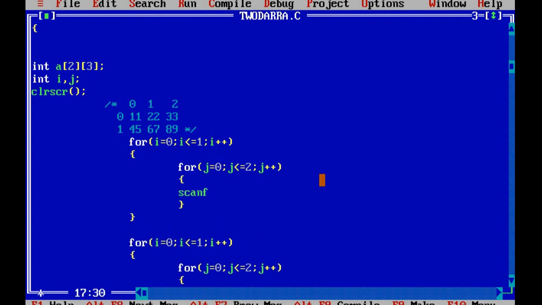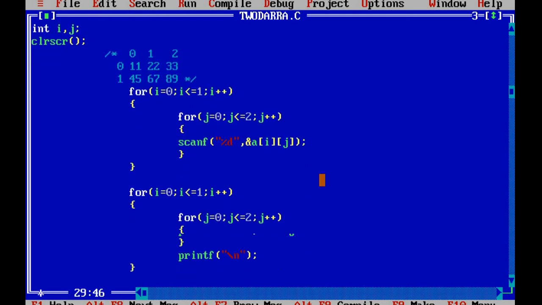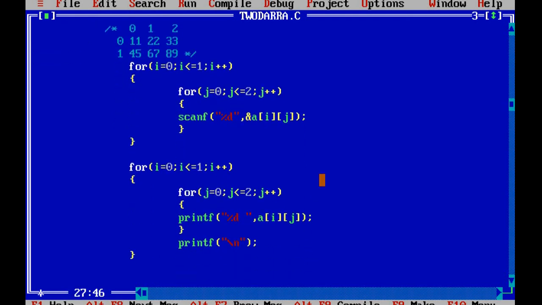So instead of printf you have to give the scanf statement, and in the scanf I will say %d comma ampersand a of i and j. So like that I will read the whole value. You have to write the same for loop, same condition, but instead of printf you have to use scanf here, and there is no need to print the \n while you are reading the data. So this is the only difference between reading and printing the data.